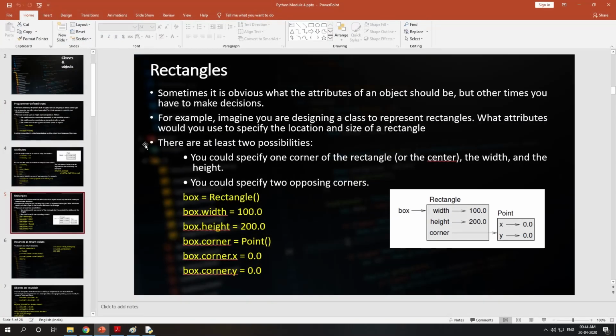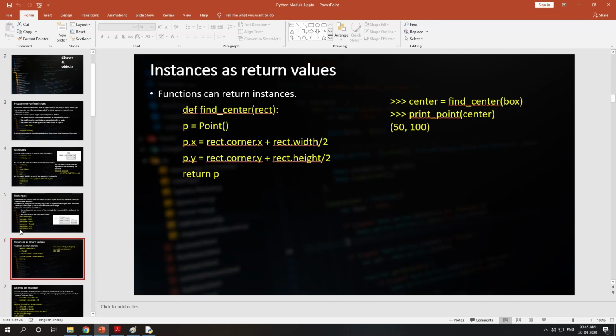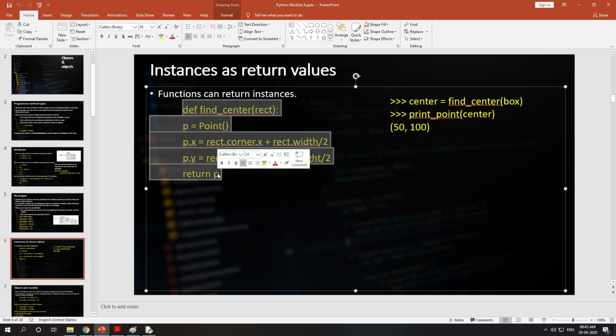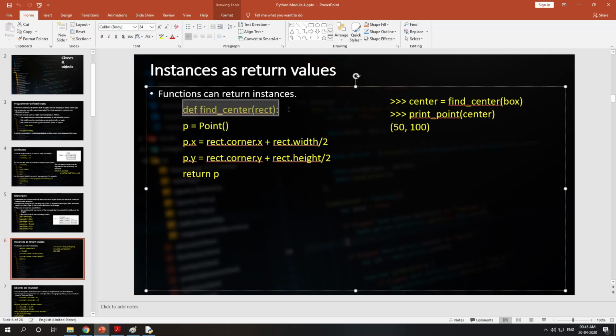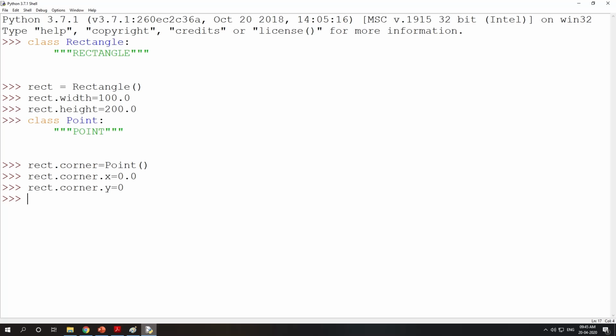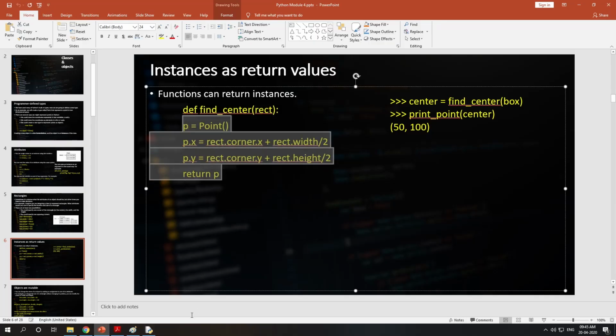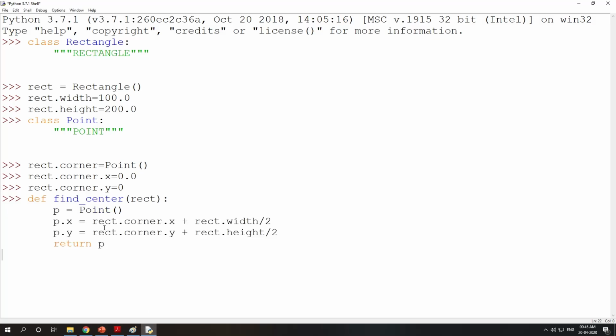Now suppose you want to find the center of a rectangle. At that time he is declaring a function called find_center, and we are passing rect as an argument. So let me declare this function here. We have the rect object, right? Then you have these lines here.